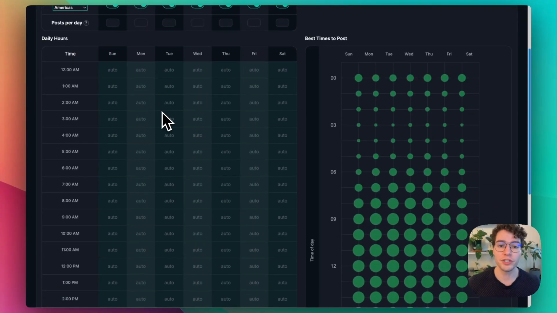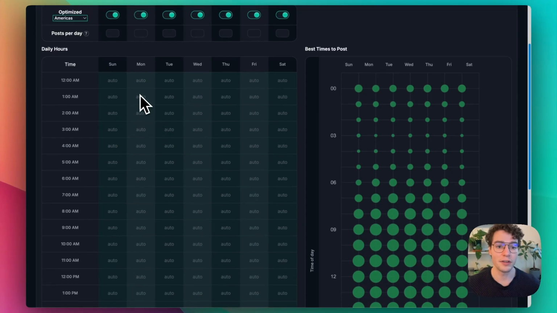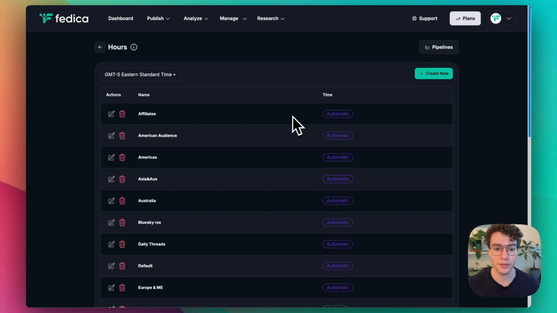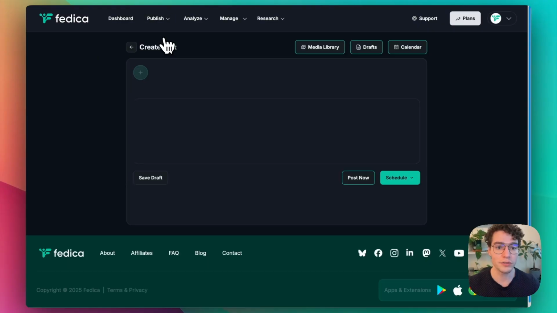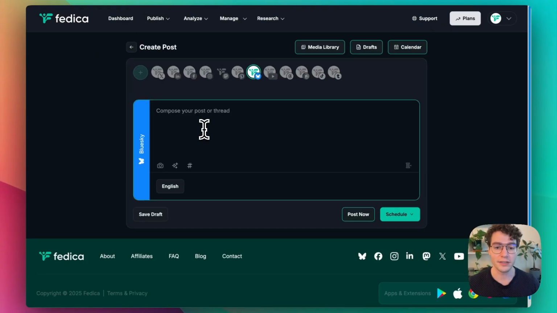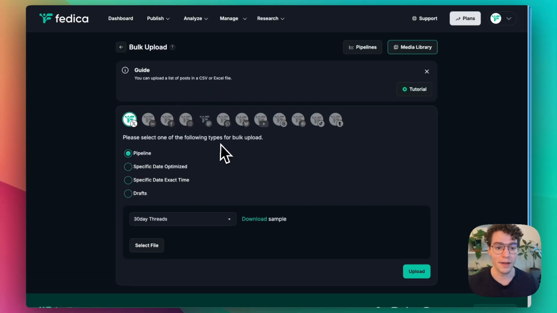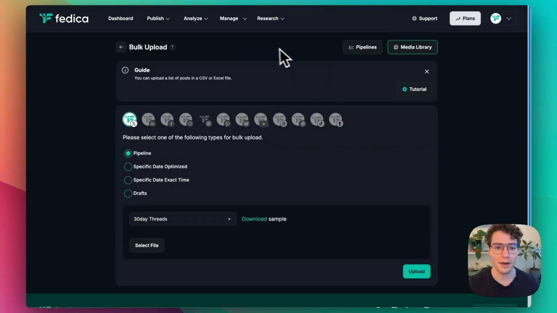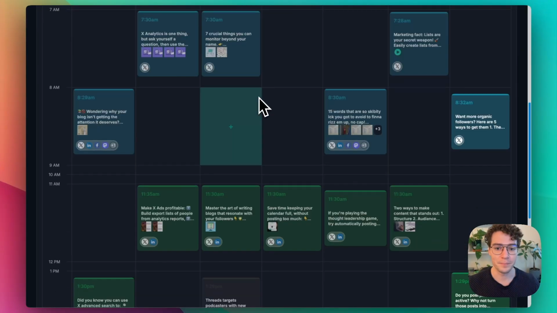Now, if you do choose a certain cadence, like Monday, Wednesday, Thursday, for example, you know that this queue is going to use that schedule. So when you go to schedule a post, and let's say you bulk upload, so you go to publish and you bulk upload, you can send everything to this queue really easily. And that makes it super simple to just fill up a whole queue, knowing it's going to have that schedule and it's going to be optimized for your audience and it's going to be balanced with the other content queues